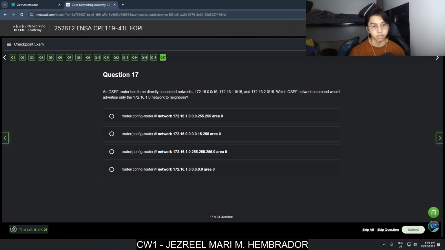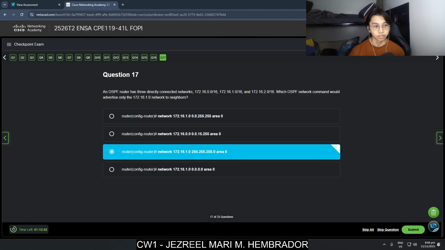Which OSPF network command would advertise only the 172.16.1.0 network to neighbors? I think it's this one.